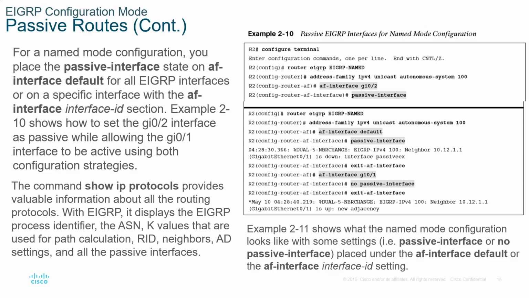So AF interface, gigabit 0/2, passive interface. So if we want to make it the default, AF interface, default, passive interface. We then need to go to the individual AF interfaces that we want to make non-passive. So it's a little different,